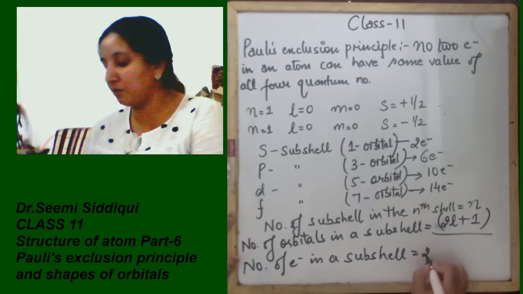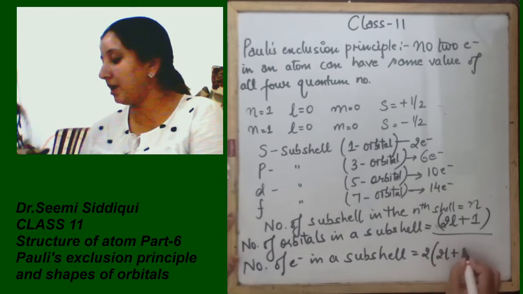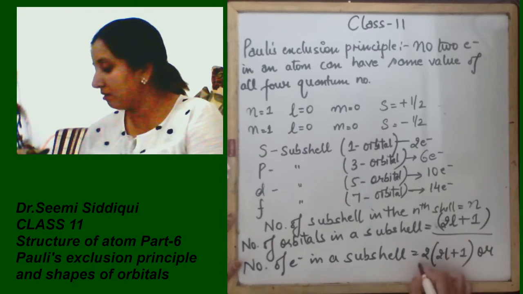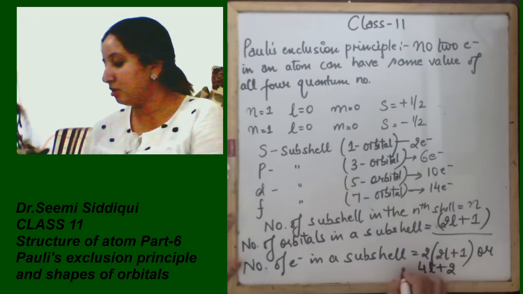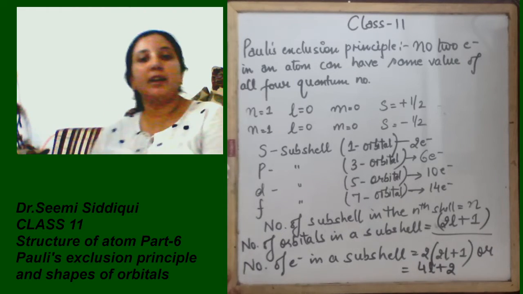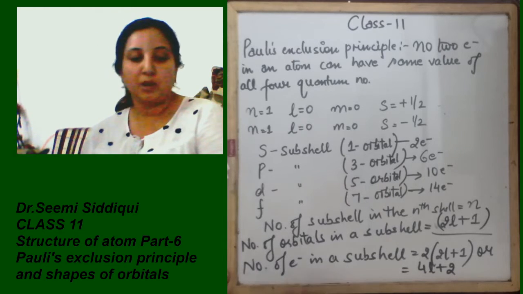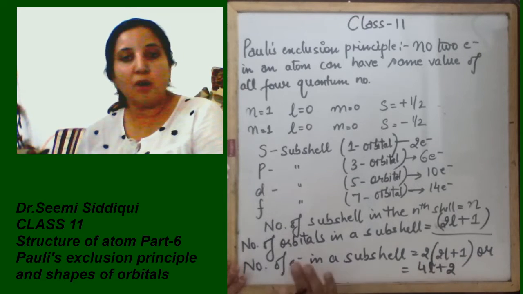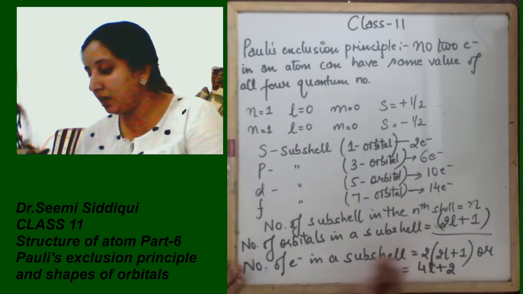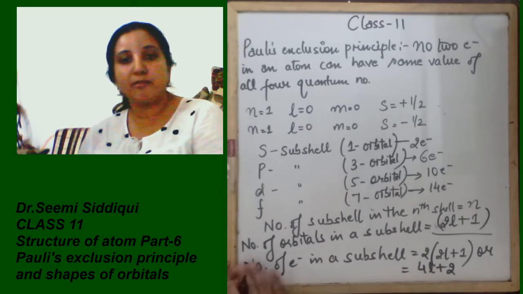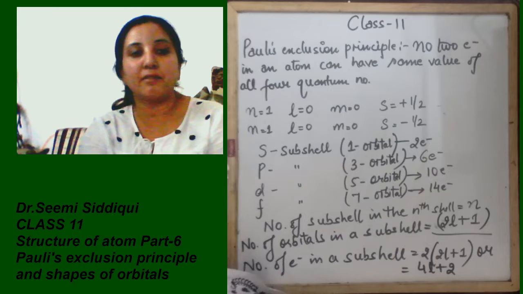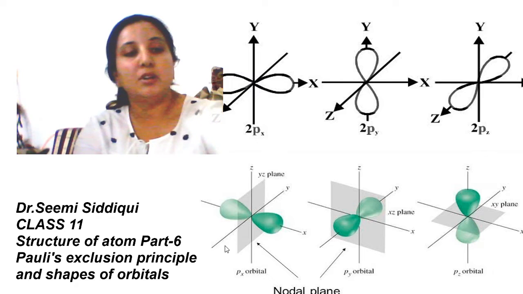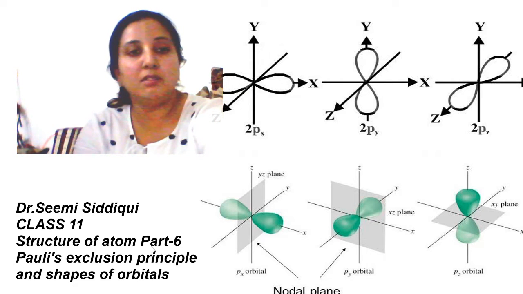then its formula is equal to 2 times (2l plus 1), or you can say 4l plus 2. Either formula, whichever you find easy, you can use over here. Now on the basis of this formula, let's look at what the n shell is, how many subshells that n shell is going to have, how many orbitals it is going to have. Then we need to look at how many electrons it is going to have. Let's have a look over the formula.